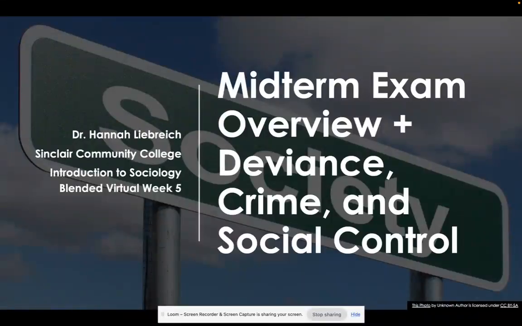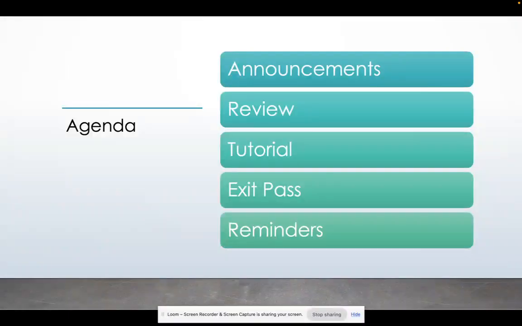Today I'll be talking about the midterm exam. I'll be providing an overview of different things related to that assignment, focusing primarily on the tech that you'll need to use in order to complete that assignment. I'll also touch a little bit on some of the content for this week related to deviance, crime, and social control. But for the most part, the content you're reading about this week will really be the focus of our in-person session on Thursday. So for today's virtual lecture, I'm going to do announcements, review, the tutorial, exit pass, and